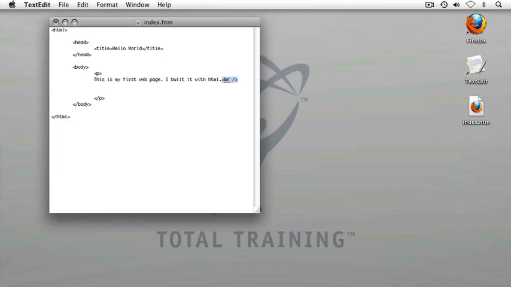Now, this break tag is a little bit different than the tags we've created so far. The break tag doesn't have an opening and closing tag. This is what's referred to as an empty element. We'll come back and discuss empty elements at a later time, but I just wanted to point out that there are exceptions to every rule, but more often than not, when we're creating HTML elements, we will have an opening